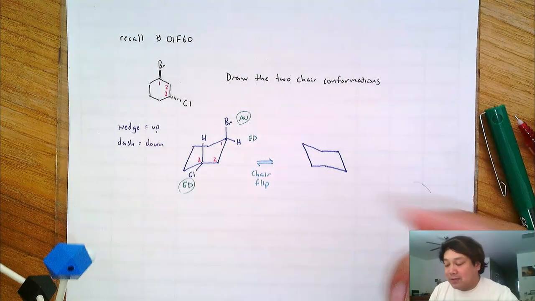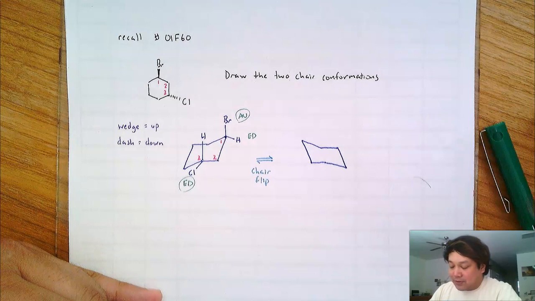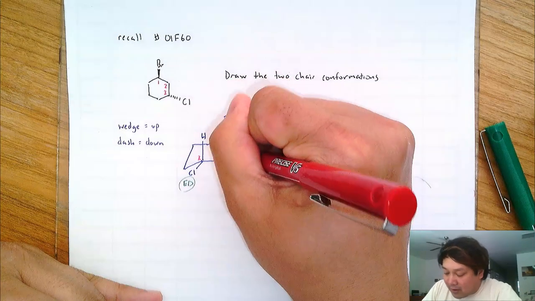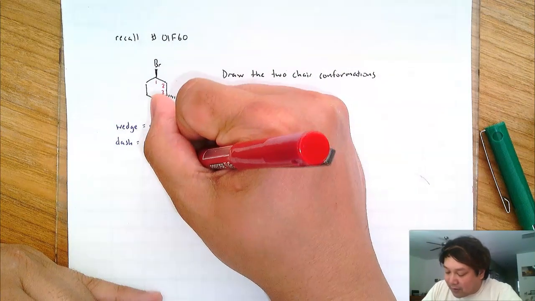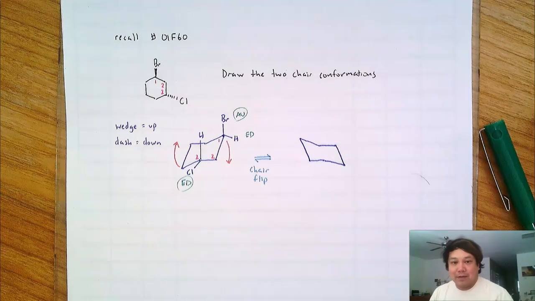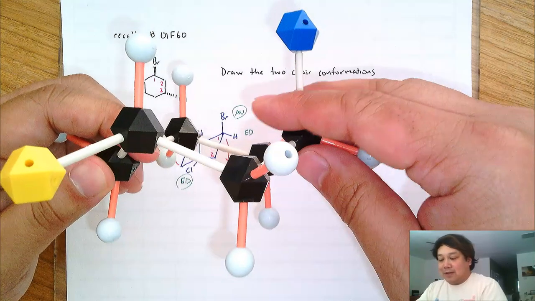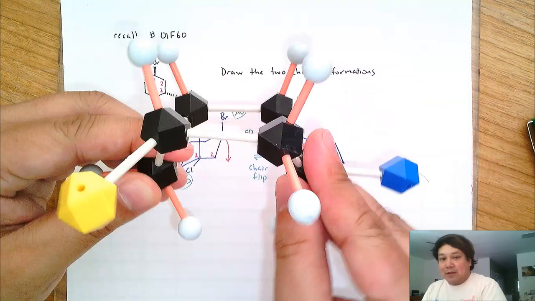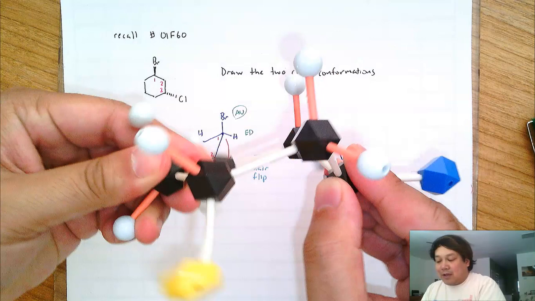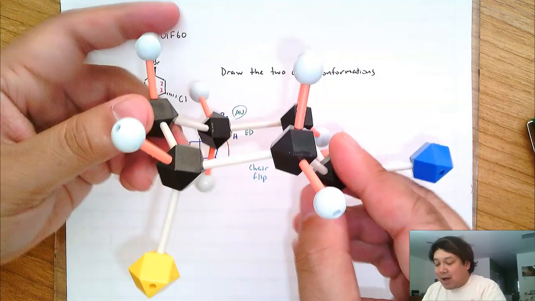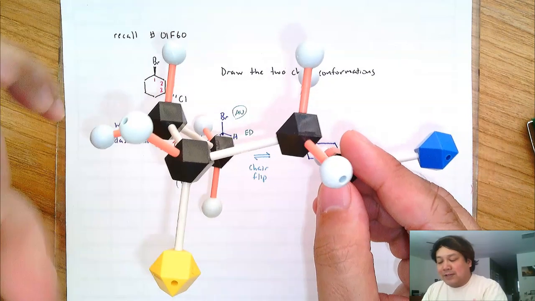But we are twisting bonds to get to the other chair conformation. And the easiest way to twist those bonds is to do this. You take carbon number 1, the head, and you make it the feet. You take carbon number 4, the feet, and you make it the head. So here's carbon number 1, the one attached to the blue atom, and I'll make it the feet. So push it down. And then here's carbon number 4, and I'm making it the head, so I'm going to push it up. If your models are like mine, these are called the HGS models, it probably will kind of snap into place,